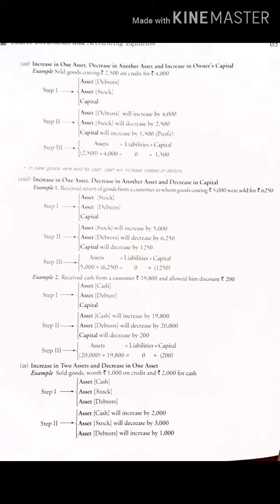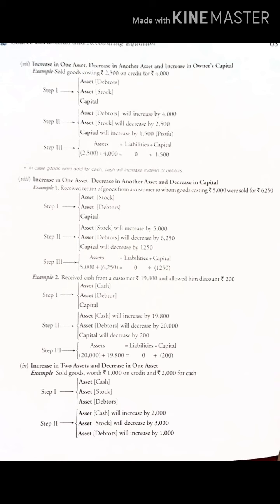Now we'll check the difference, that means on what profit we have sold. So 2500 was the cost and 4000 was the actual amount which we have to receive, right? So what is the difference between the two? 1500. So what is the profit? 1500. No doubt profit will be added to the capital of the owner. Why? Because with that profit only the owner will improve the business and take more decisions, right? So that will be added to the owner's capital.